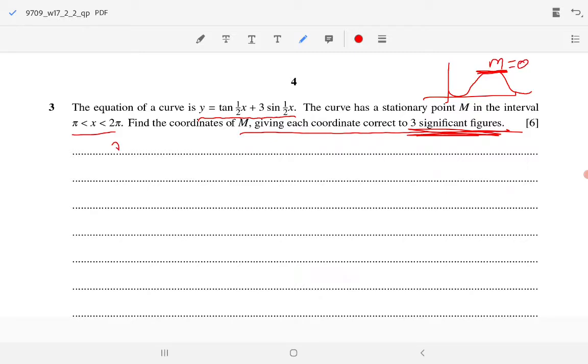And gradient basically means, in terms of calculus, dy by dx, which is the derivative. So we take the derivative of this, we get dy dx equals